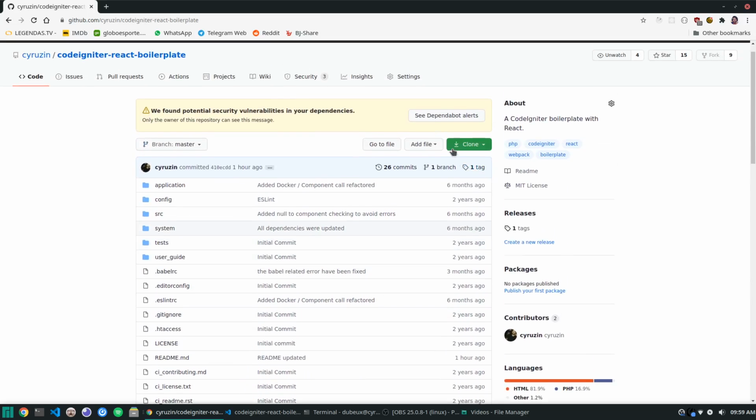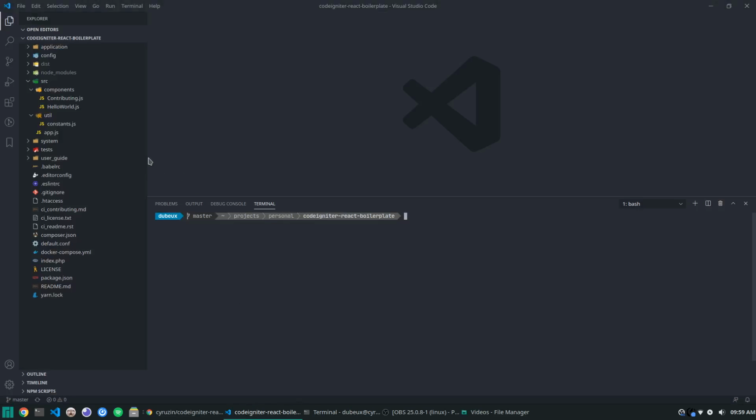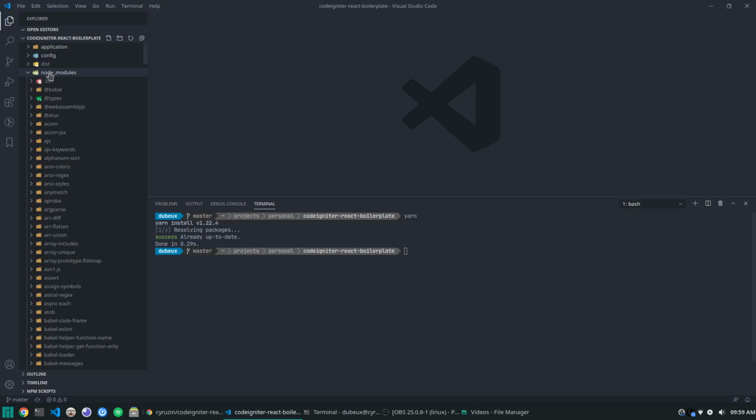The first thing you need to do is clone the repo. You can copy here, then go to terminal, type git clone and paste the URL, right? Then go to your VS Code or your favorite IDE and open the terminal and type yarn. I already did that. As you can see, I have the Node modules installed in here,